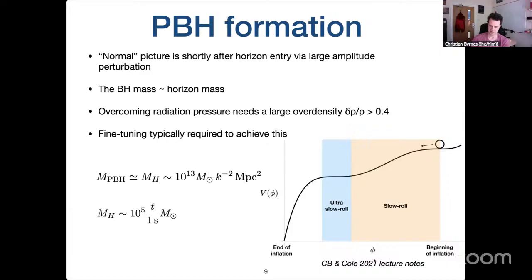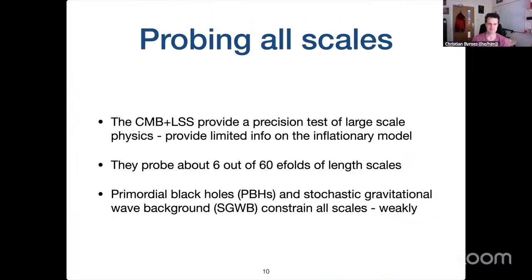Maybe I can just highlight, I wrote some lecture notes together with Pippa Cole on introducing inflation and the link to primordial black holes. So if you want more details, you can look in here. And in fact, this is why I originally started working on primordial black holes. It wasn't to do with dark matter so much, but as a way to probe the initial conditions of the universe on scales which we can't observe via the cosmic microwave background, basically because of Silk damping and resolution limits.